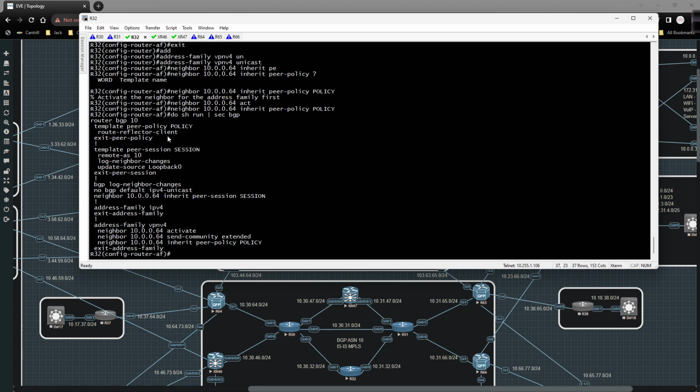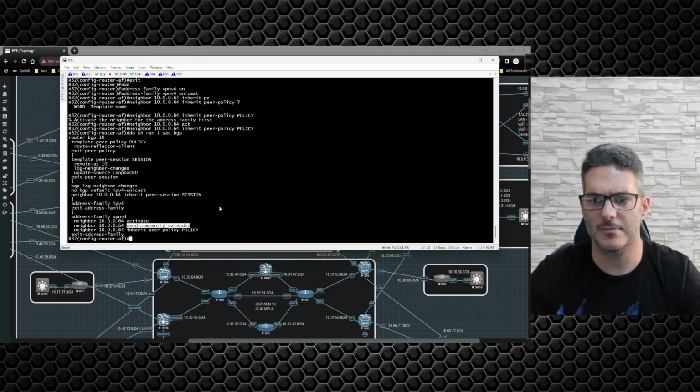We have route reflector client. We've configured it. We enabled the IPv4 address family, but there's no peerings configured underneath of it, only VPNv4. So send community extended. This is another command you'll have to remember. This happens automatically with IOS, and this is what allows us to send the route distinguisher and the route target